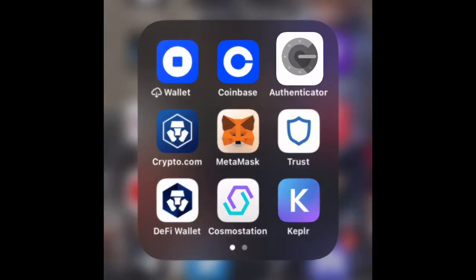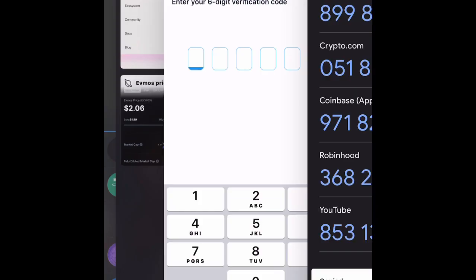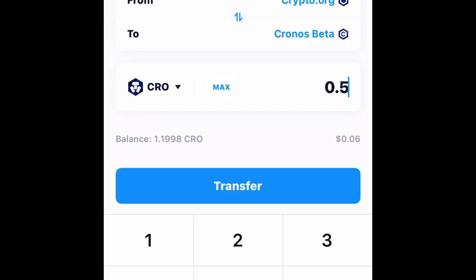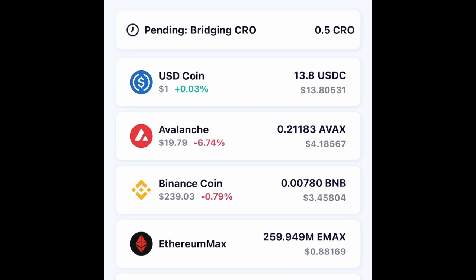Hold on. I try to go, but sometimes you can't. So that's going to switch over. Give it like 30 seconds. These are all routine things you guys are going to have to do. If you're using Crow to get into Evmos, this is something you're going to have to do.